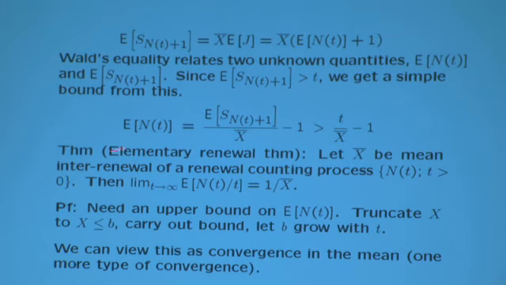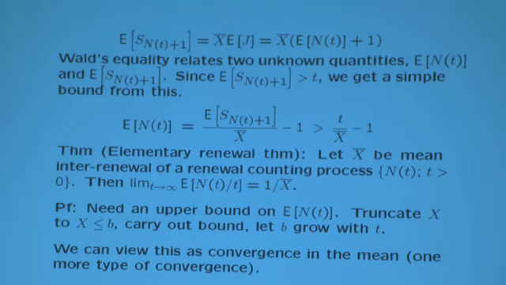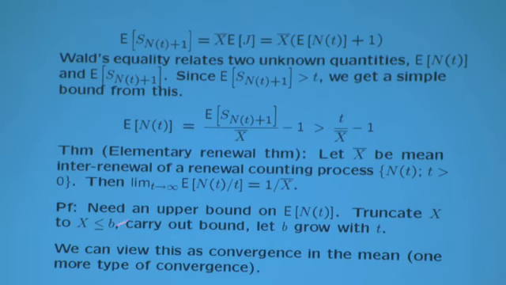But we need an upper bound on the expected value of N(t). We don't have any upper bound on this quantity here, because you remember that S sub N(t)+1 minus t is the residual life at time t. And we found that the residual life at time t can be pretty badly behaved. So we're in trouble. So what do we do? Well,